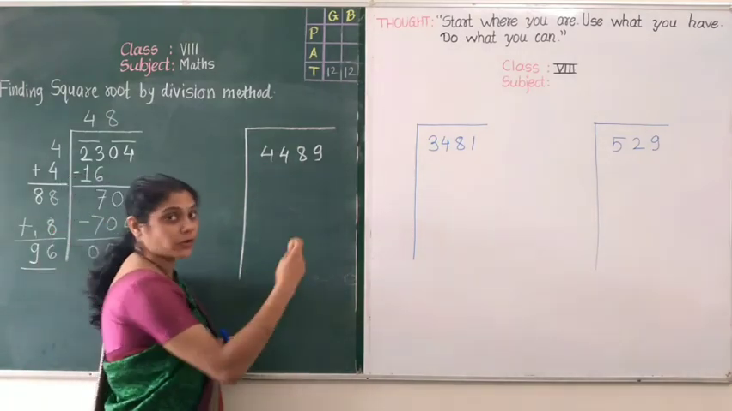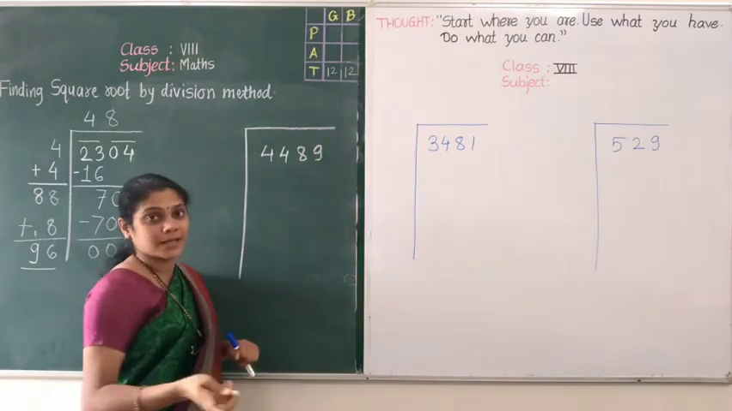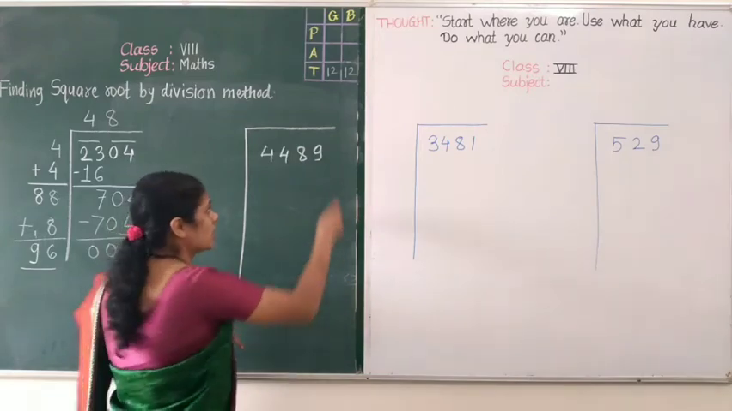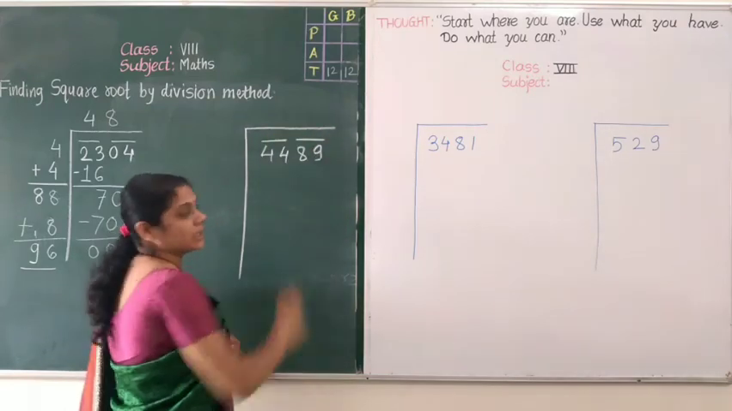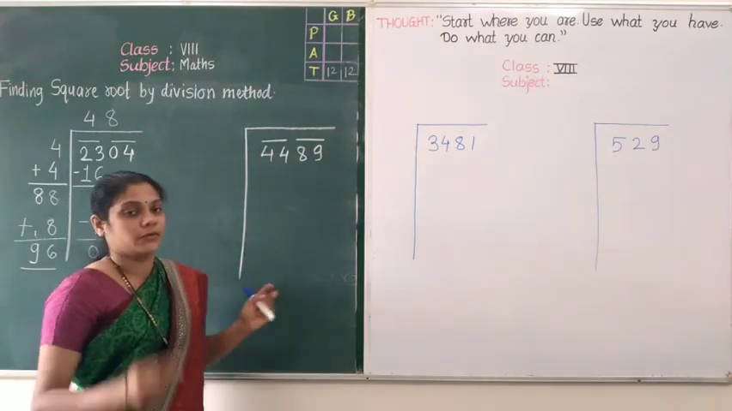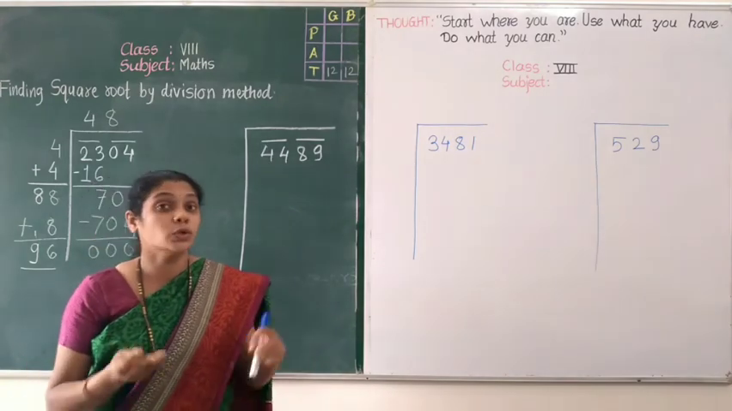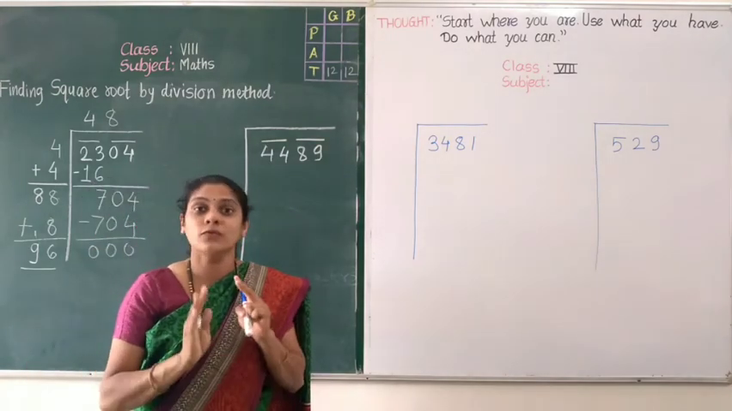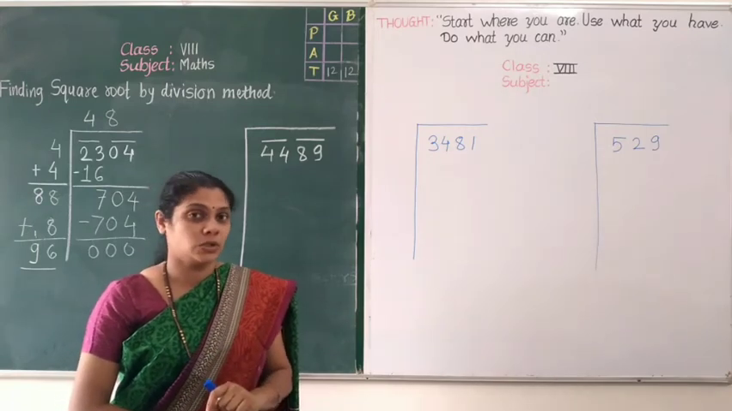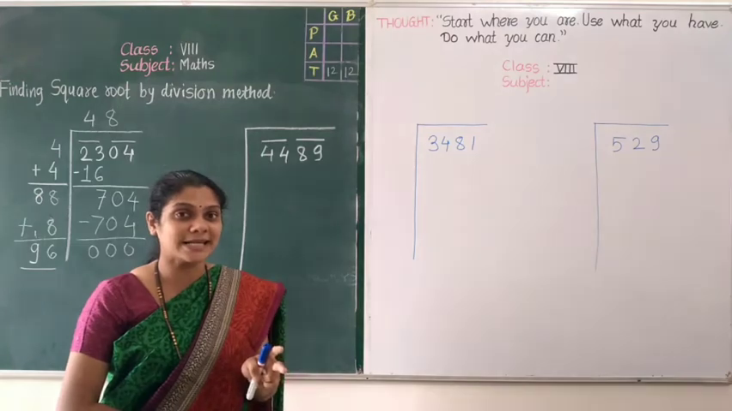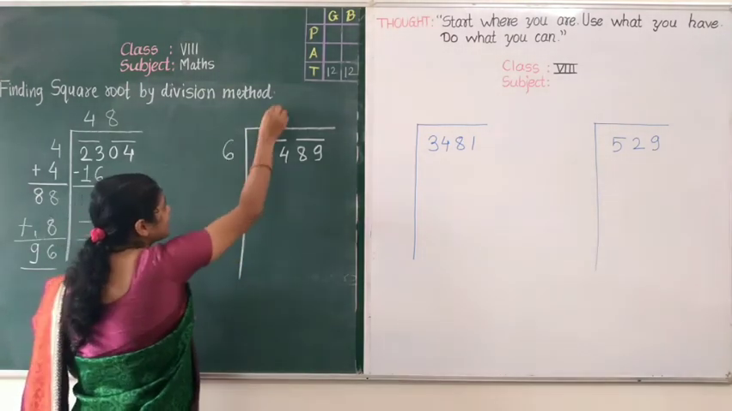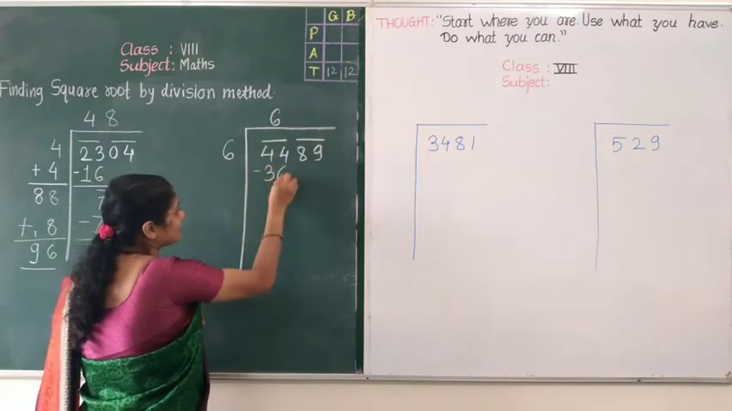We have to make a group from the last digit, and while making a group we have to make sure that it will be of group of 2 digits. So 89 and 44. So 44, it is not the square of any number. 43 no, 42 no, 41 no, 40 no, 39 no, 38 no, 37 no, 36 yes, it is a square of 6. So we will write there 6 6 are 36 and